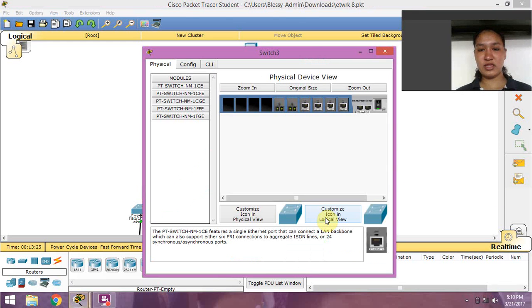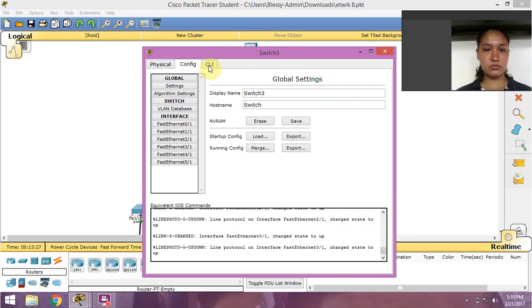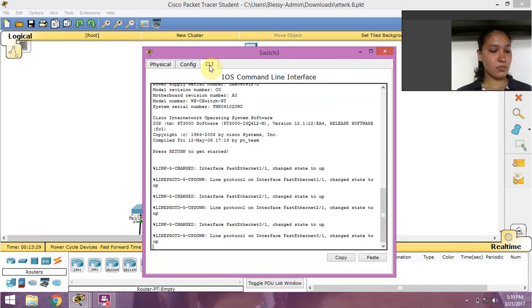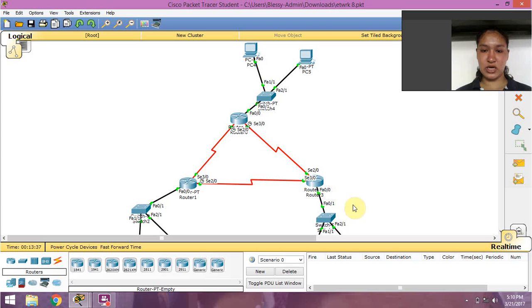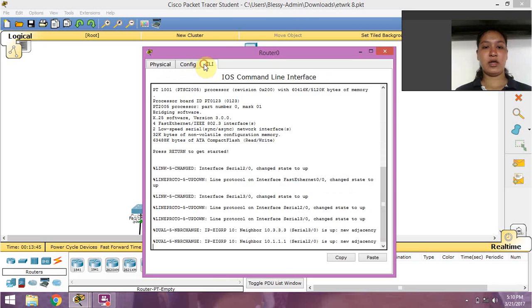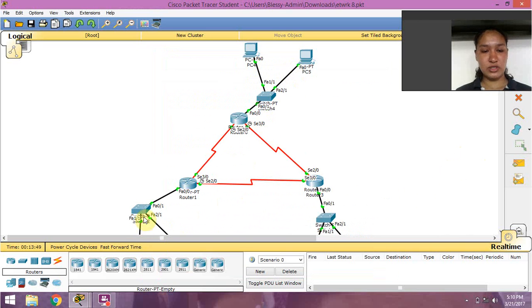routers by giving the commands, en, conf, then the FA0/0 interface IP address, and like that I configured all the switches and PCs. Then I connected all the switches and routers together. Wherever a clock rate is necessary, I gave the clock rate. Like that we configure all the routers, PCs and switches.